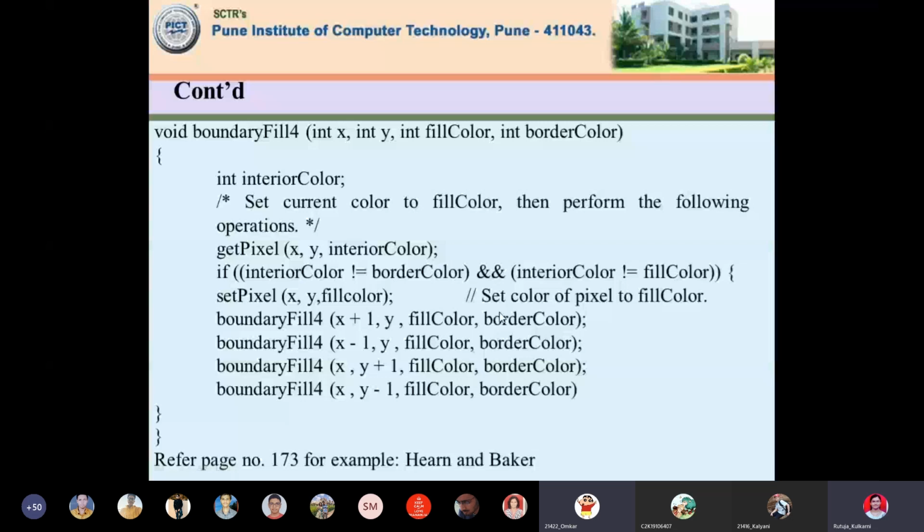Ma'am, suppose in the first case we take the seed value as the center of the circle, and in the second case we take a seed value near the circumference of the circle, then the second one will take longer to execute. It goes up to the circumference in a horizontal direction. Then it goes in the upper part. Then it comes down to the lower part. Means like that it gets filled.